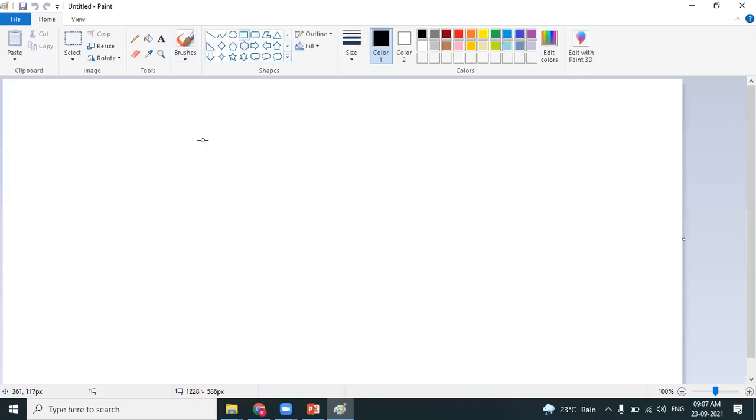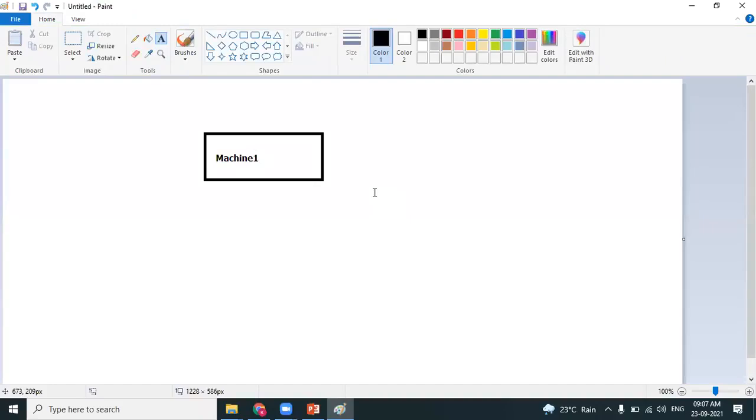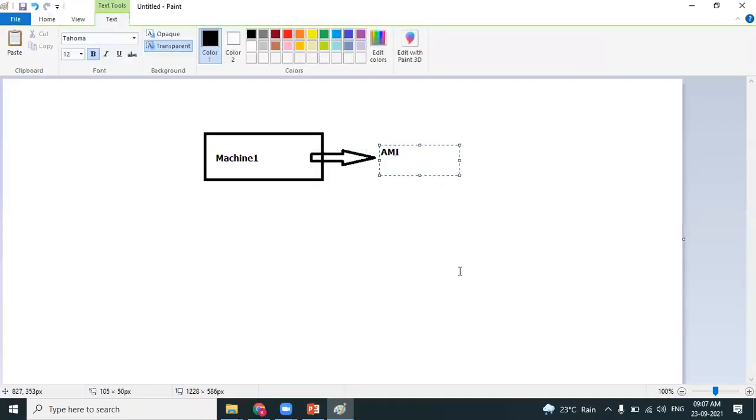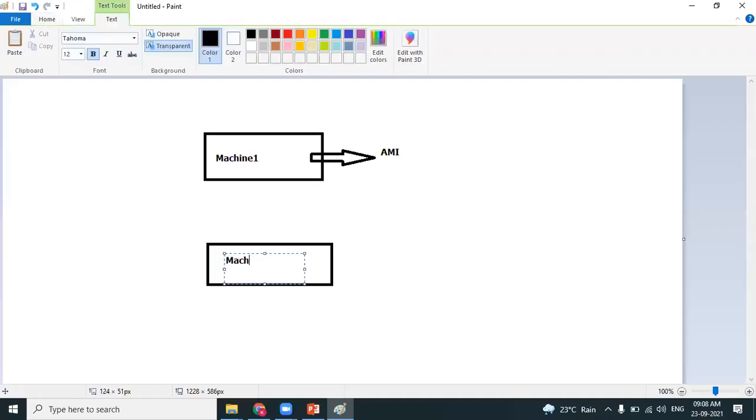You have created an EC2 machine, let's call it machine 1. Because of some reason, you have not downloaded the PEM file or you have lost the PEM file. What you can do is create an AMI out of it. An AMI is nothing but an exact replica of this machine. Once a customized AMI is ready, you can create one more EC2 machine using the customized AMI. Let's name that machine 2.